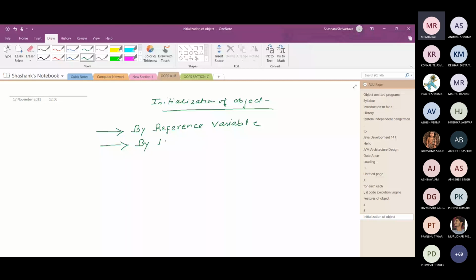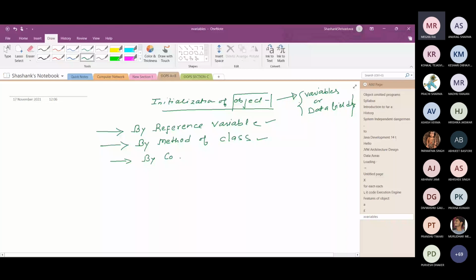Initialization of an object means initialization of variables or data fields, because each object has its own copy of data fields. So how can we initialize the data fields of objects? The first way is by a reference variable, the second is by a method of the class, and the third is by a constructor.